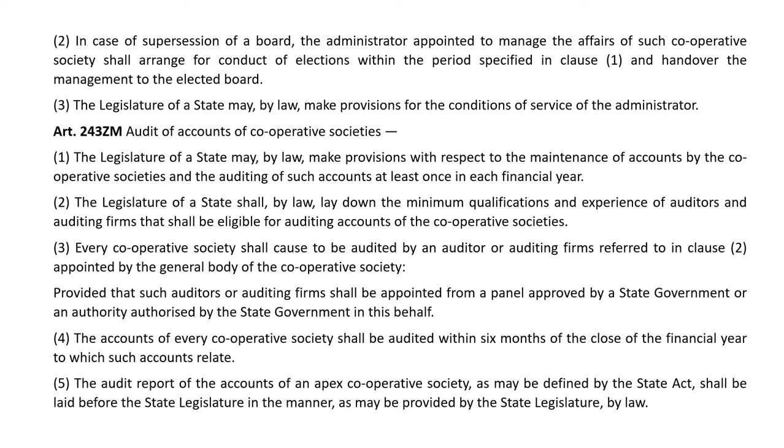Every cooperative society shall cause to be audited by an auditor or auditing firms referred to in clause 2 appointed by the general body of the cooperative society. Provided that such auditors or auditing firms shall be appointed from a panel approved by a state government or an authority authorized by the state government in this behalf. The accounts of every cooperative society shall be audited within 6 months of the close of financial year to which